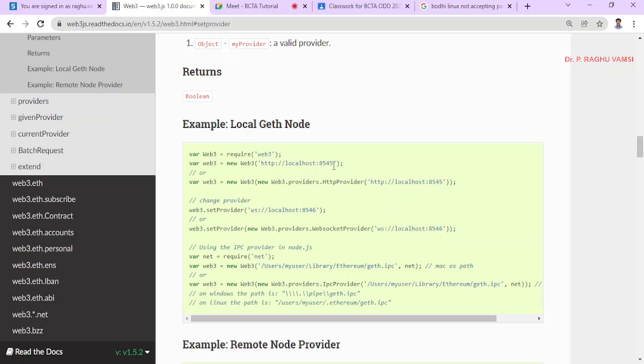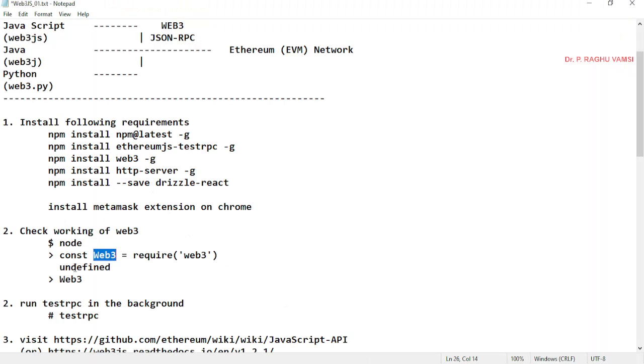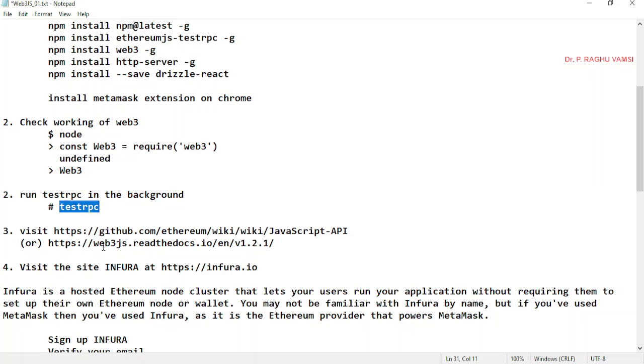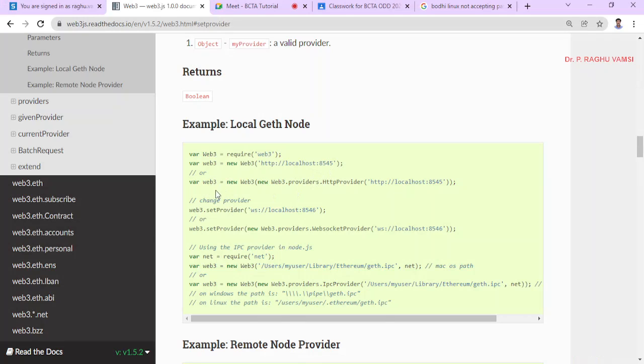What is the meaning of this? Whenever the test RPC is run, it will run a network on localhost with 8545 as the port number. We can connect to this with this instance of the HTTP provider.